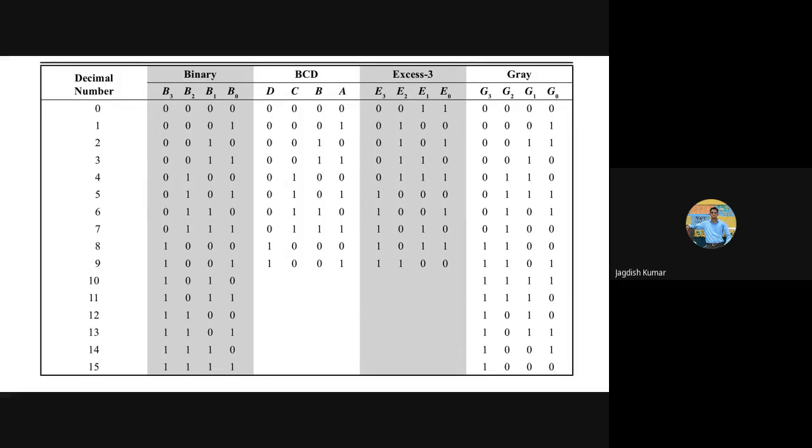No. Divyanshi, how did you get 10 here? I can't understand. Disha, can you explain, Divyanshi, how you got 1101? 10 in XS3 code?